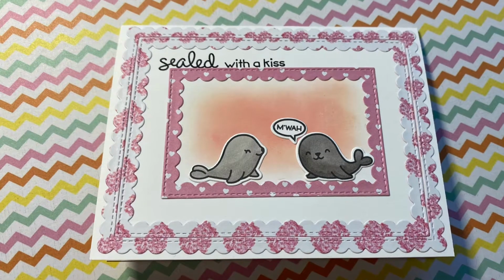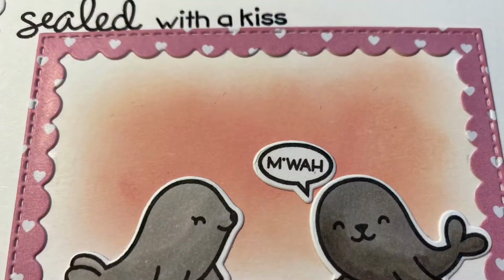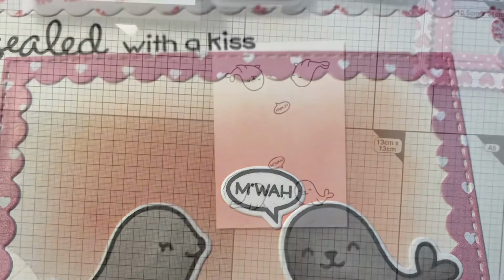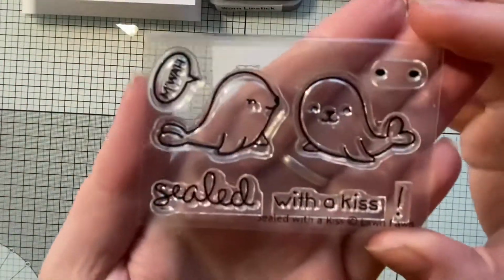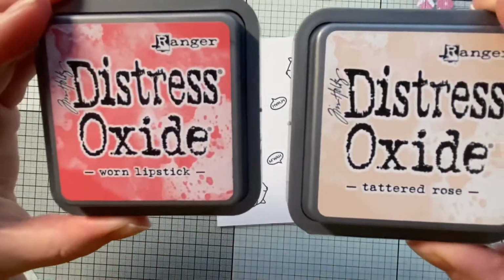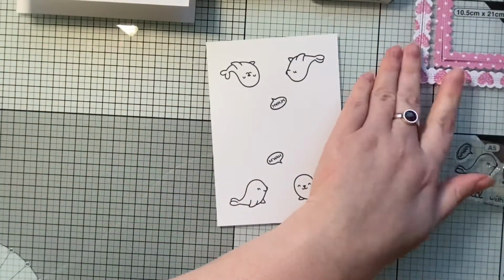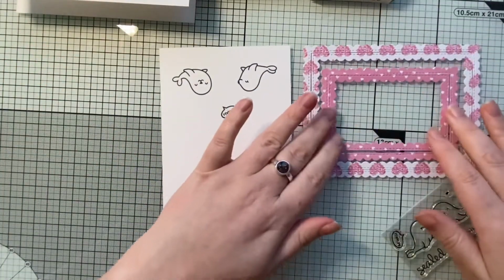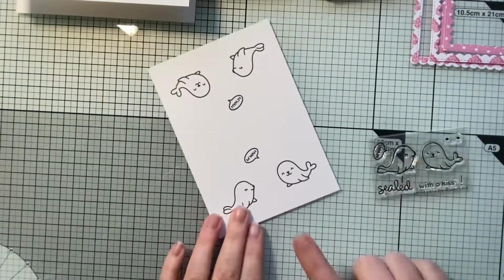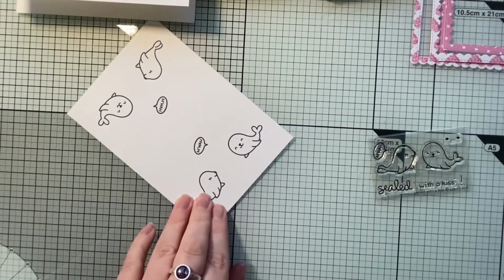So I'm going to be showing you how I made this cute little Valentine with the Lawn Fawn Sealed with a Kiss little mini set, which is just adorable. You get the little seals and the mwah, and then obviously the nice little pun. And I'm going to be using a couple of Distress Oxides, and I've also cut out some borders as well in lots of different pretty papers because I was kind of half winging it, half knew what I wanted to